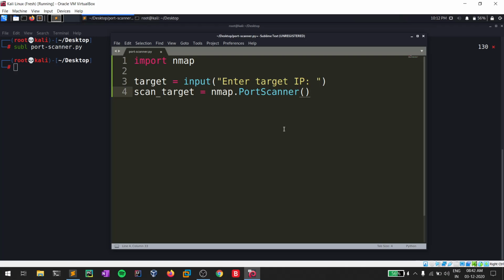This is by default, guys. In order to do a port scan, you must do this, because we are importing this PortScanner so that we can use it for various purposes.